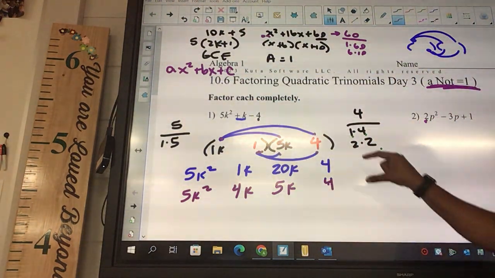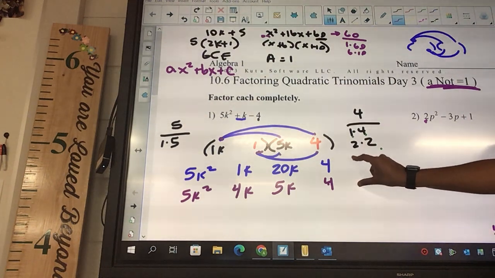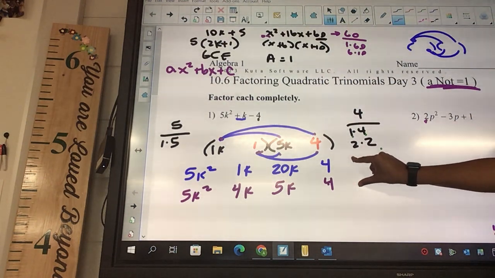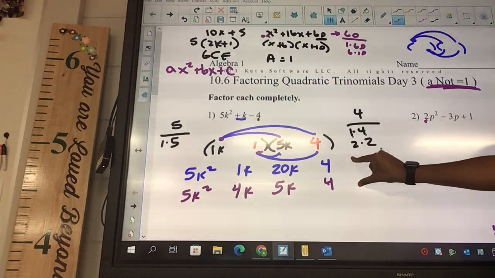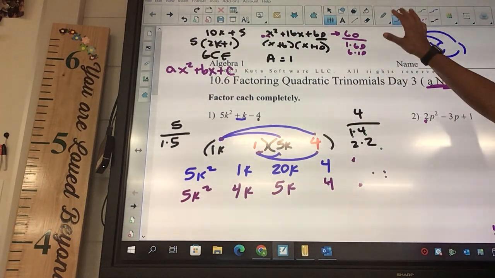Okay, take a second, look at these two. What do you notice? They both have a 4, what else? They both have a 5. Okay, so you do not need to FOIL all the way every single problem. That's just making so much work. No matter what you do, you're going to get the 5 and the 4 there, okay? So when we're FOILing,